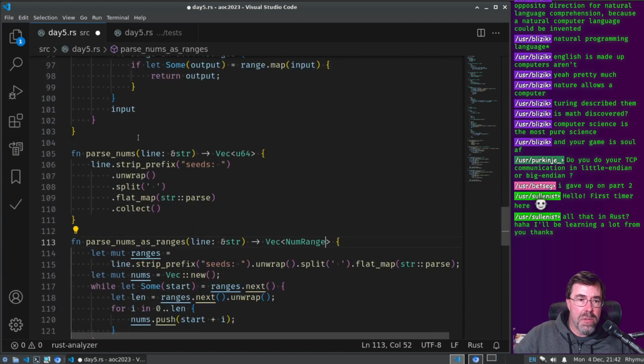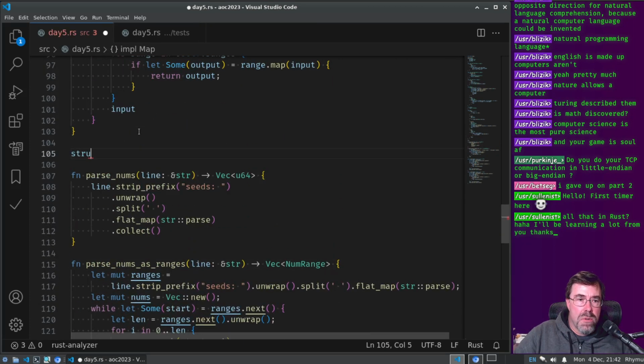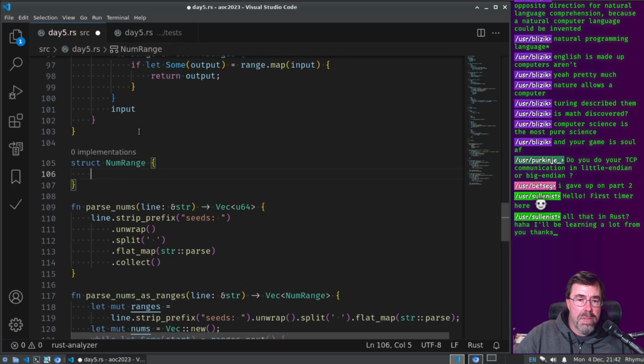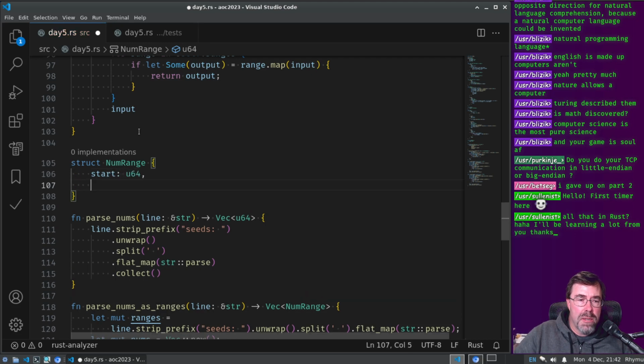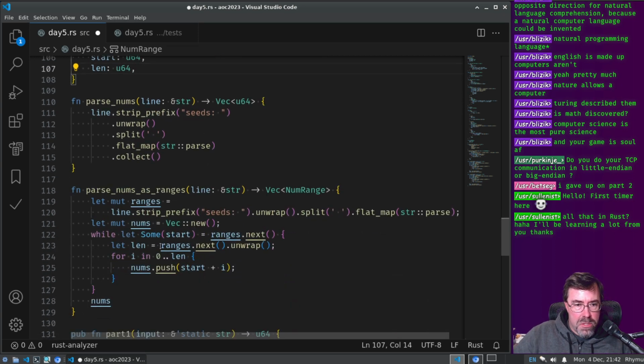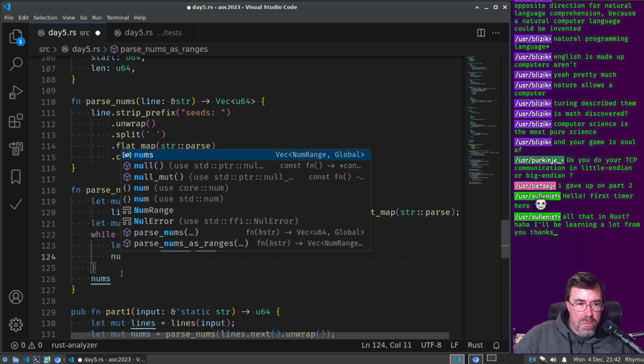Bad name, but it is what it is. Struct NumRange. So we'll have u64 start and a length, u64 also.